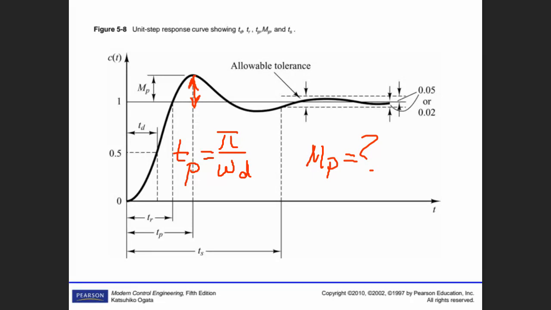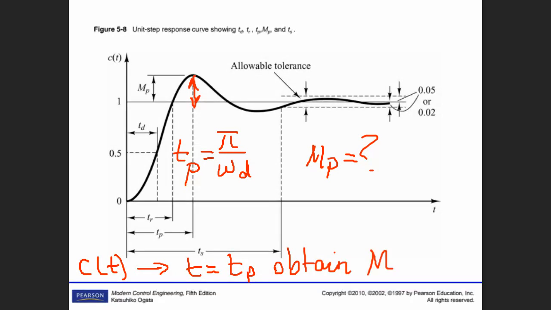How could I find this? You have already got the c(t) equation. c(t) is known. If you put t equal to t_p, you obtain